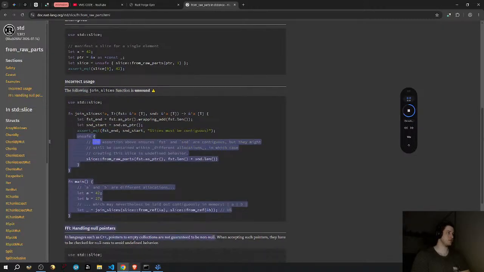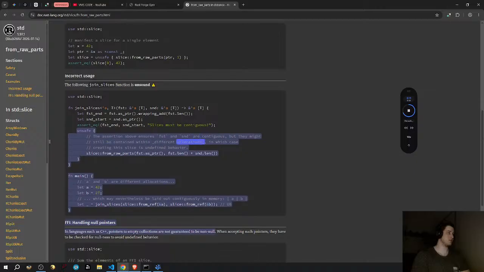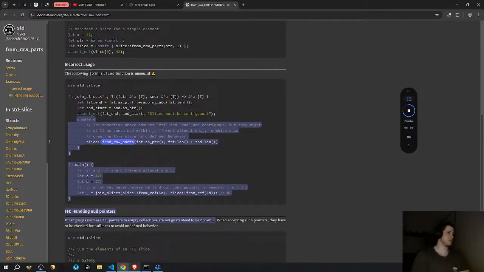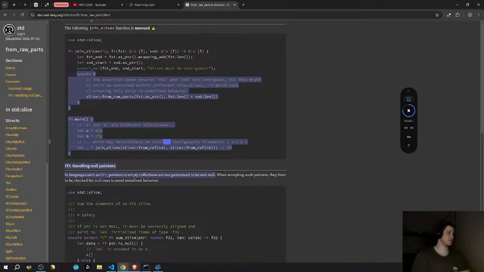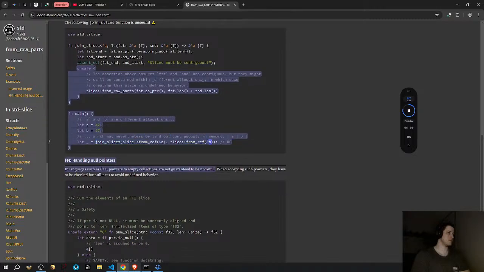Slices must be contiguous. The unsafe assertion ensures fst and snd are contiguous, but they might still be contained within different allocations, in which case creating the slice is undefined behavior. slice::from_raw_parts(fst.as_ptr(), fst.len() + snd.len()). Here a and b are different allocations. let a = 42; let b = 27; which may nevertheless be laid out contiguously in memory. let _ = join_slices(slice::from_ref(&a), slice::from_ref(&b));